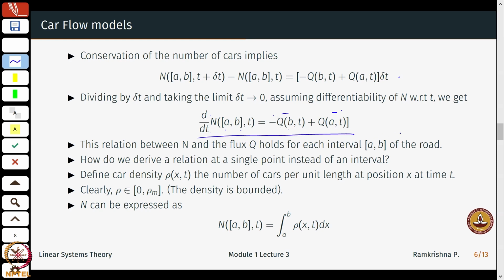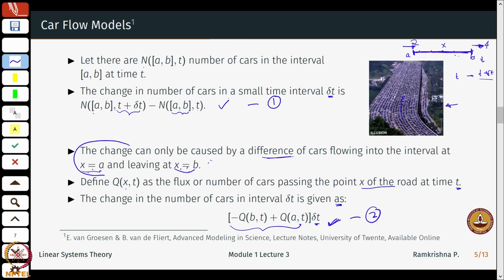And this relation holds for any point, just say if this is starting from length 0 to 100 kilometers, it holds for maybe a b here, or any interval. So, okay, I am not really interested now in defining this interval. Can I just write a general expression, right, for any point? Okay. To do this, I define another quantity, which again is kind of obvious, right? There is nothing really to be surprised about this.